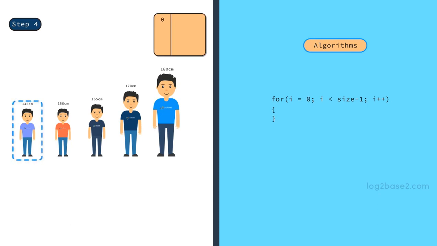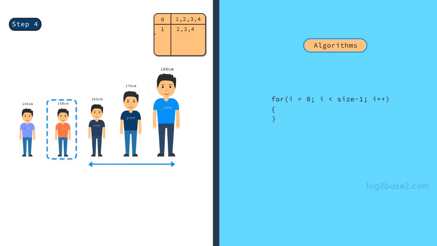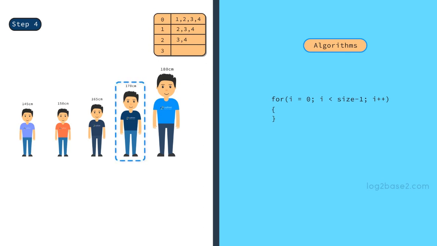That is in iteration 0, we are comparing elements at positions 1, 2, 3 and 4. And in iteration 1, we are comparing elements at positions 2, 3 and 4. And in iteration 2, we are comparing elements at positions 3 and 4. And finally in iteration 3, we are comparing element at position 4. So in every outer loop iteration, for i, the inner loop execution will be from i plus 1 to size. So we can write the inner loop as for j equal to i plus 1, j less than size, j